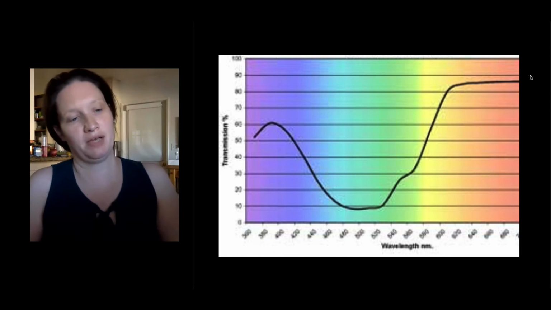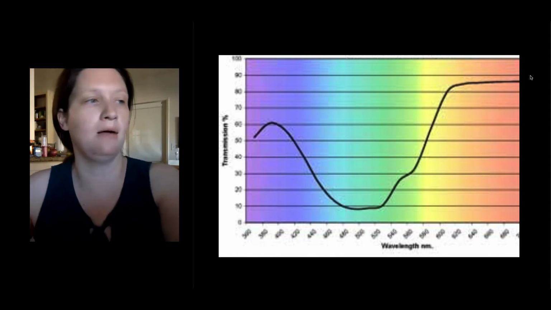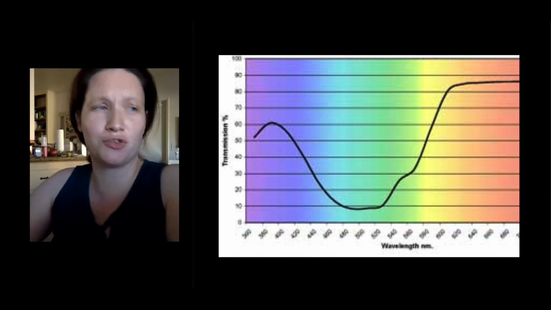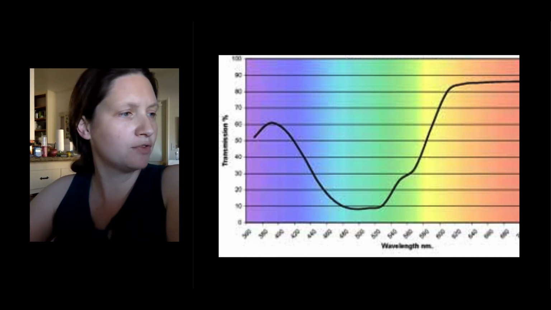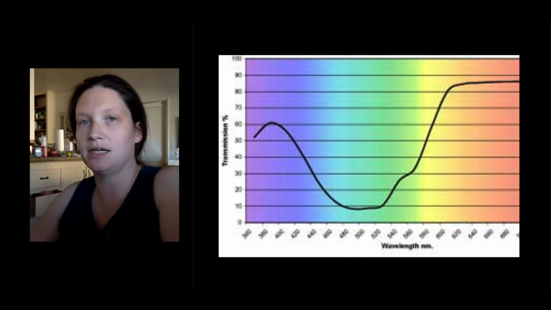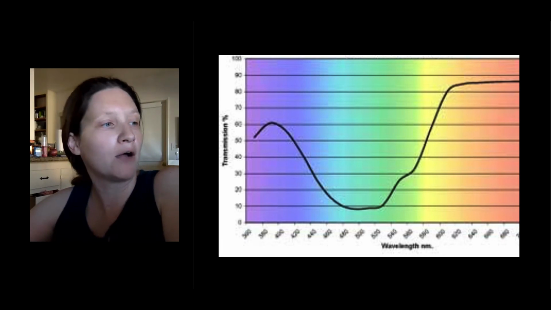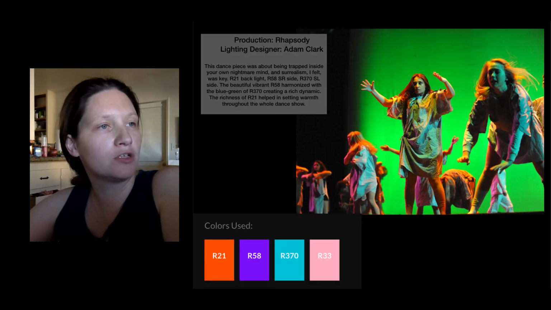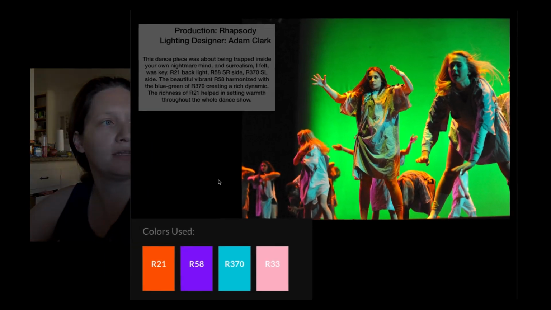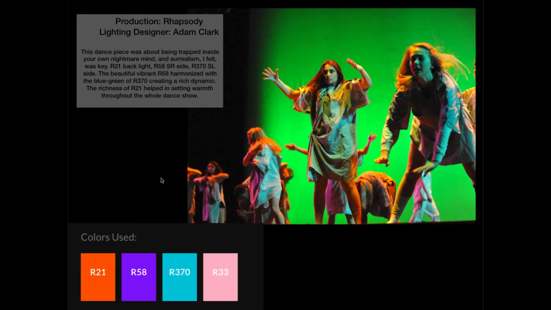Wasn't that fun having a guess and check? So now I want to show you 3 examples. I think I have 3. Yeah, 3 examples of how lighting designers use color in a scene, okay? So here's a first example, right? So this is a production called Rhapsody by a lighting designer called Adam Clark. I don't know this guy. I just found this online. And he is using